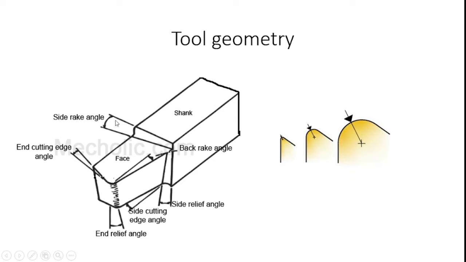After that there is side rake angle available, as in this diagram. What is meant by side rake angle? Side rake angle measures the slope of the top surface of the tool to the side, in a direction perpendicular to the longitudinal axis. Why is this angle available with this tool? This angle also guides the direction of the chip away from the job. The amount that a chip is bent depends upon the angle. So the chip flow depends on this side rake angle.